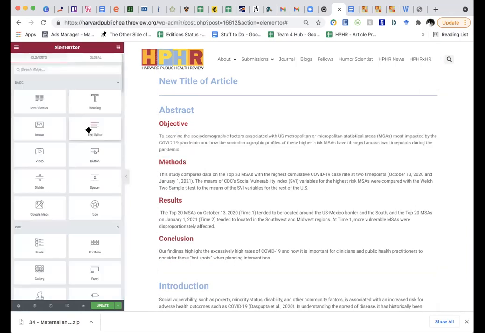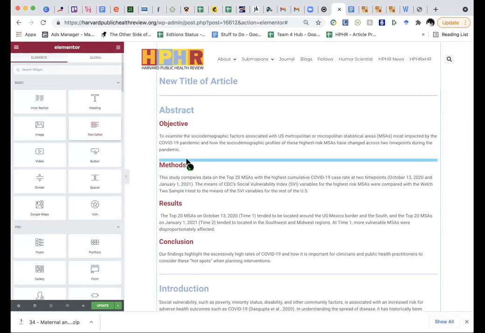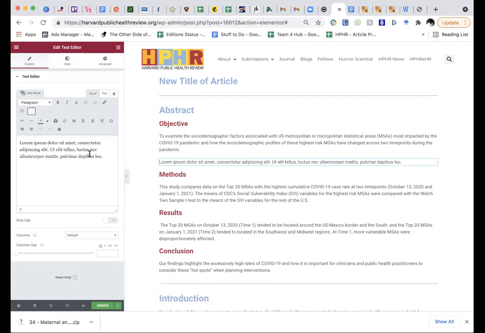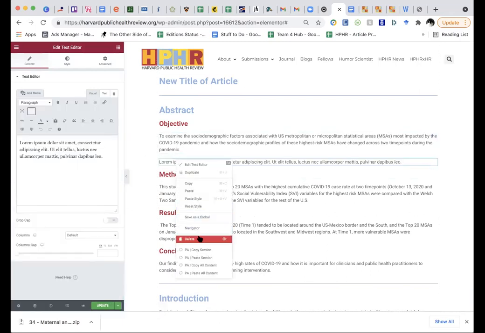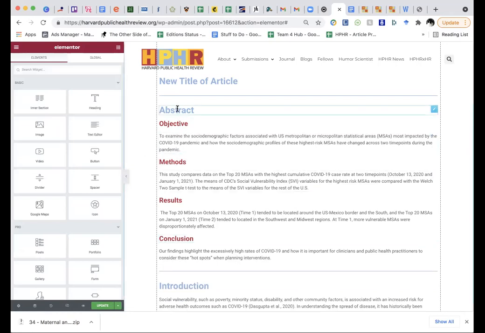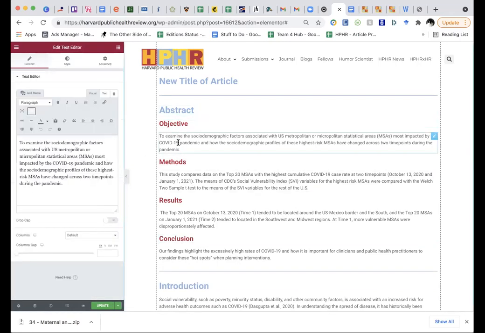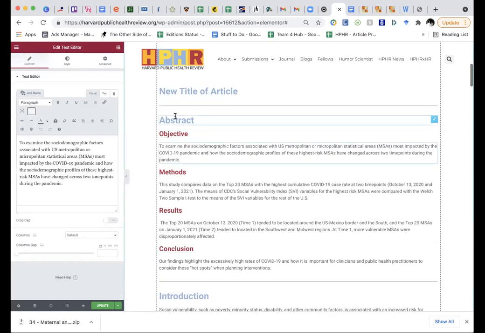And to get that, you just come here. You're going to grab it. You're going to pull it in, and it has some fake text already in there. A lot of times you're just going to copy and paste from a Word document, put it in, and Bob Drunkle's right there. We don't need this. We're going to delete it. So you can see that this is 3 elements. And this abstract actually has separate elements for each of its little sections.